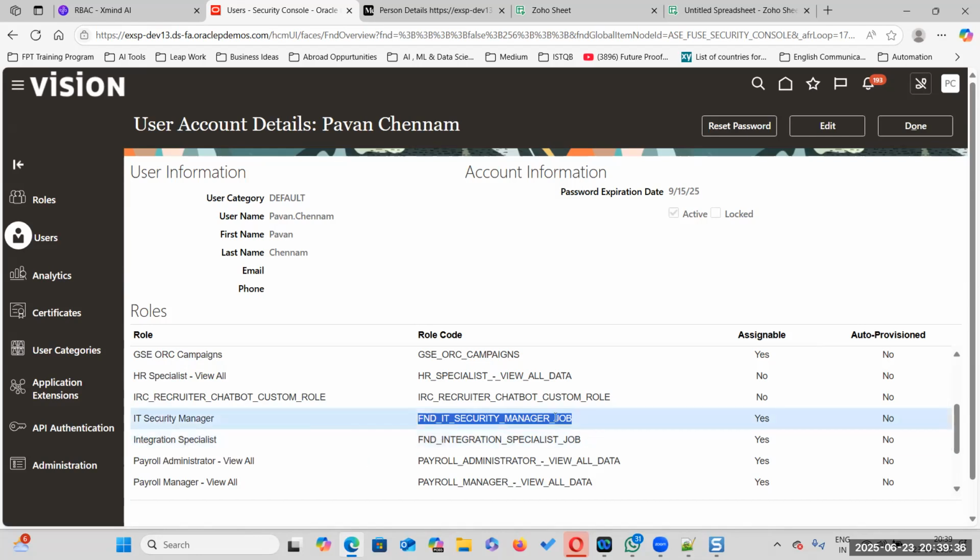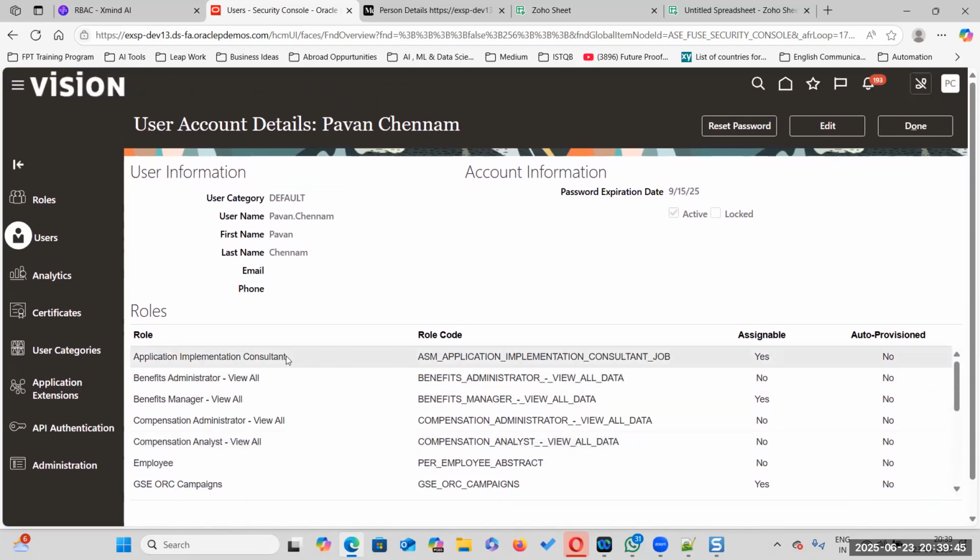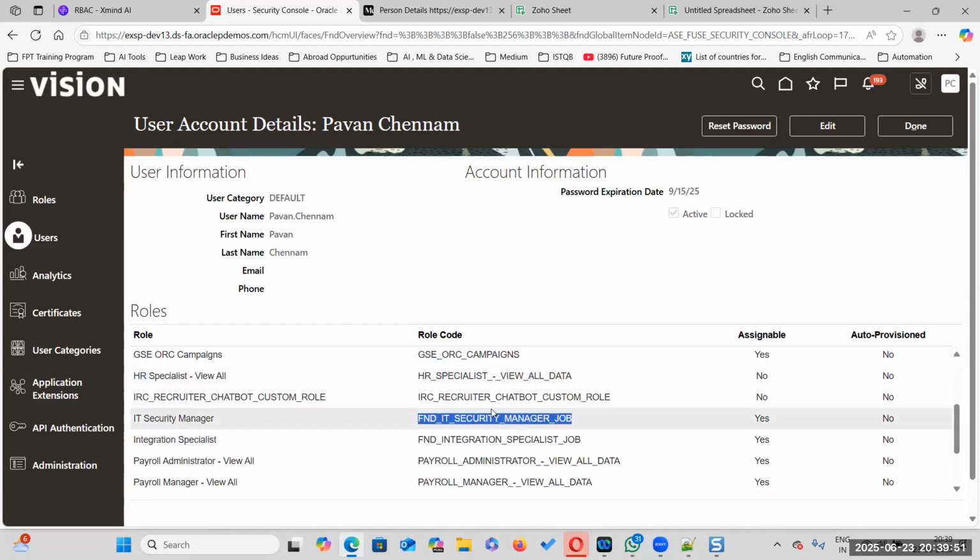These two are critical. Apart from this, application implementation consultant is mainly for doing the application implementation part. Now I want to add these three roles, and I want to show the difference.